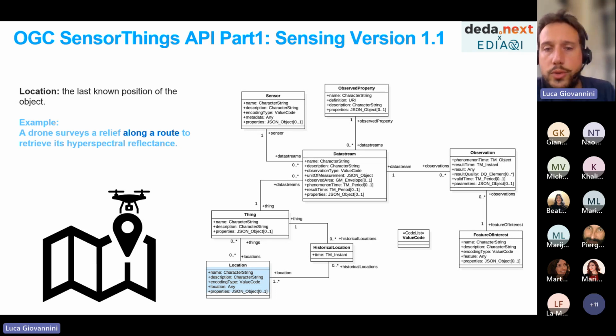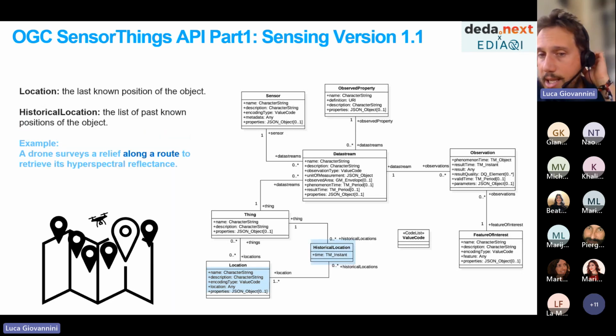And of course, you can provide the name of that specific location and further properties. While if the thing is moving, then you have to provide, again, a list of positions and times, and you can do that by the joint use of the tables location and historical location.